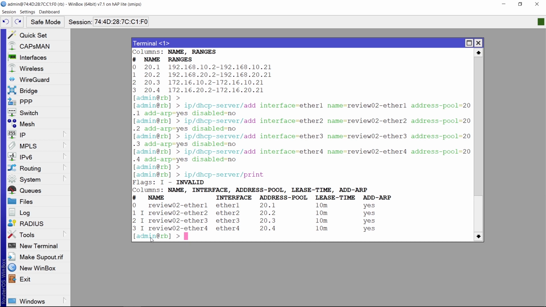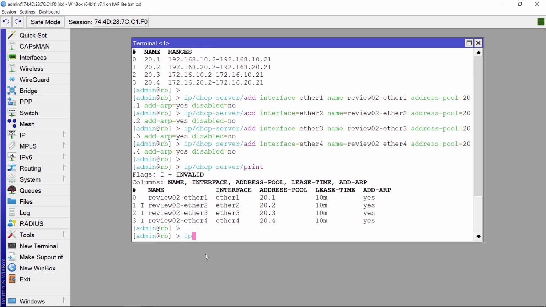Next, add a DHCP server network for each interface with the command IP DHCP server network add address. The address is the IP network, here for interface Ether1, 192.168.10.0/24, and DNS server, which is 8.8.8.8, and gateway.